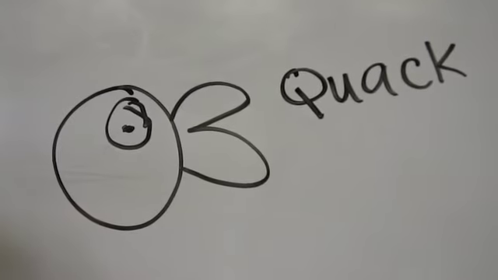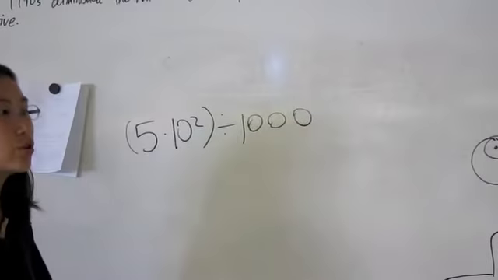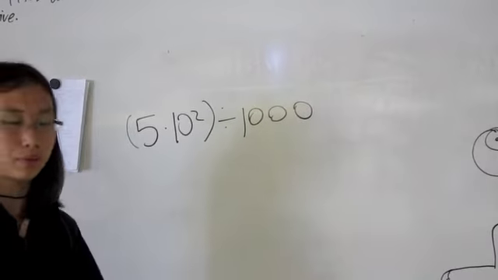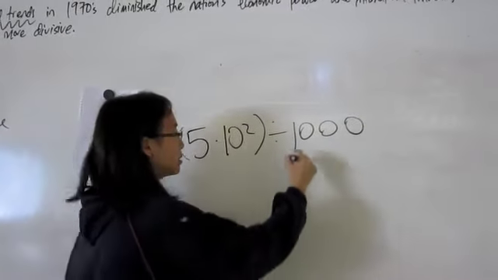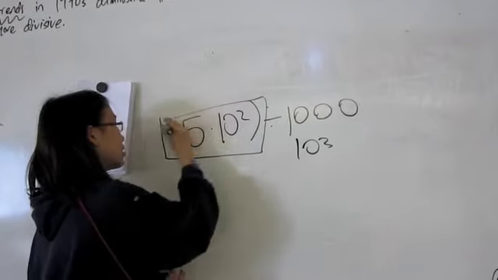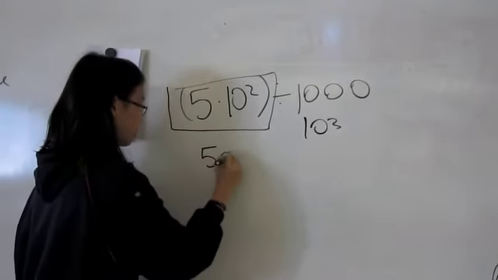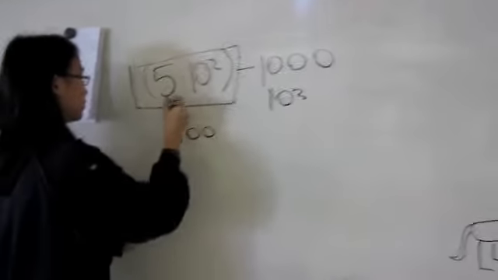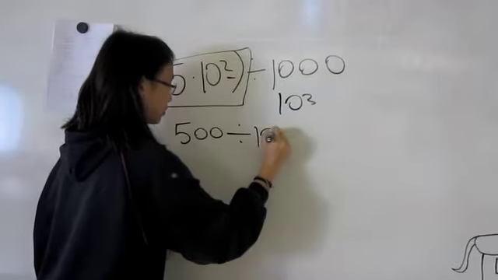Okay, so in case you didn't get what Gloria meant just now, you can do it another way, which might be simpler. Instead of changing this into this, you can just do this part first. So then this will turn into 500 because you move the decimal twice. So then 500 divided by 1,000